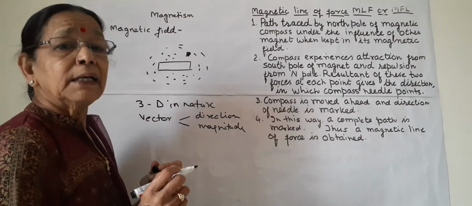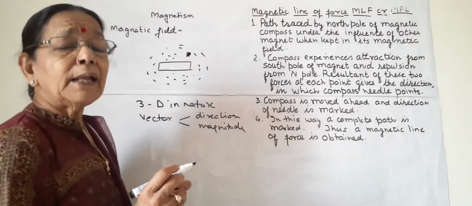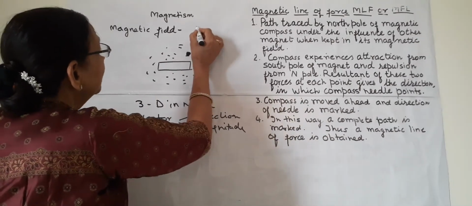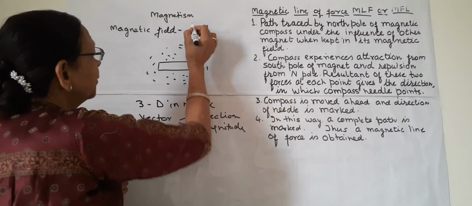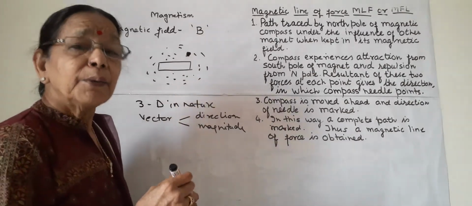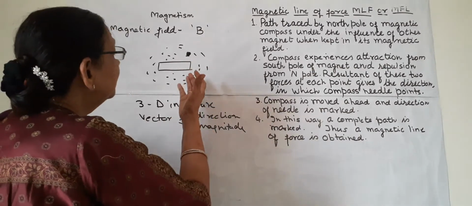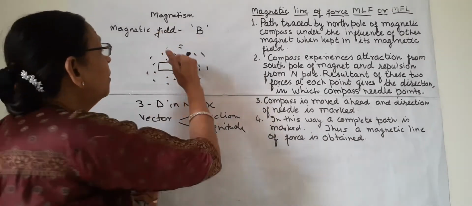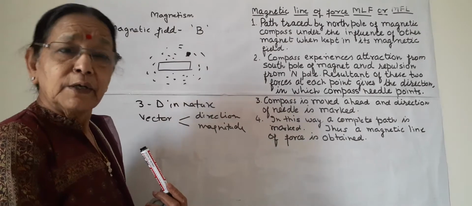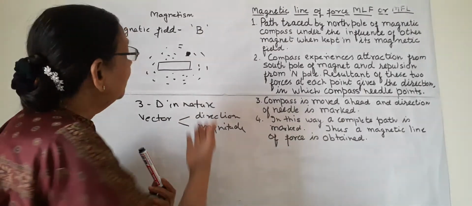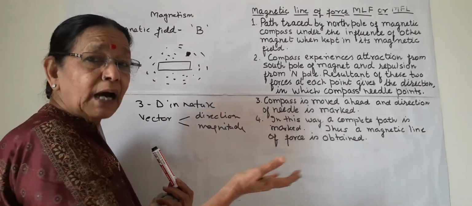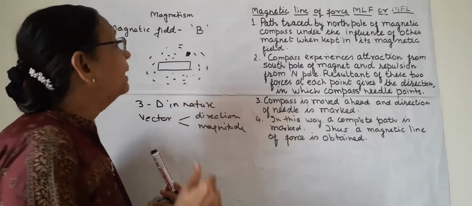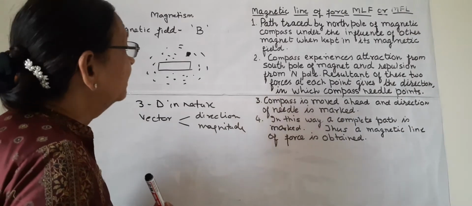And this magnetic field can show us the strength of magnetic field, and the strength of magnetic field is denoted by capital B. And the strength is the force which is being put by this magnet on some other object. So this is the strength of magnetic field, and after this we will learn about the different strengths of magnetic field. So this is about magnetic field.